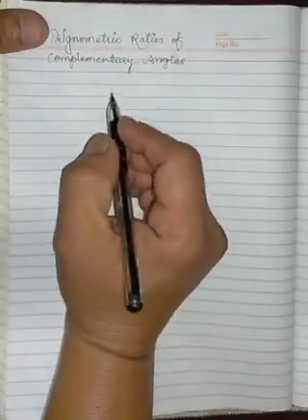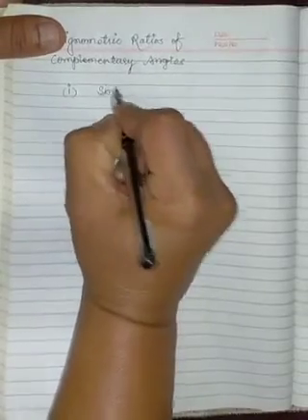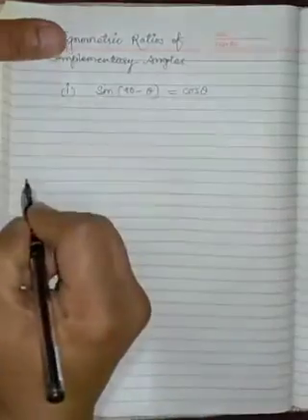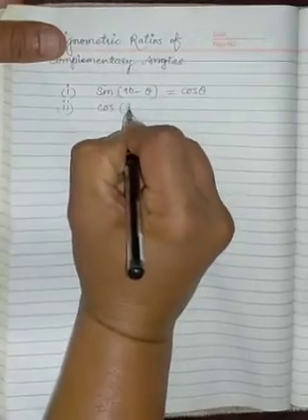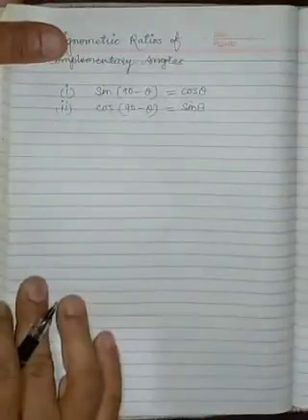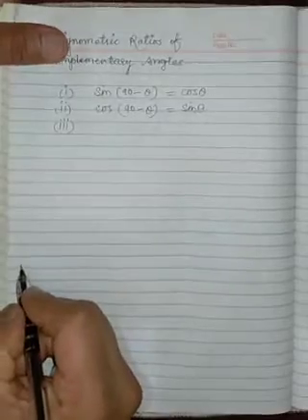In the previous video, I told you about the trigonometric ratios of complementary angles and its derivation. Let us see what are the other relations of complementary angles. The first one which we have seen is sine 90 minus theta is equal to cos theta. Second one was cos 90 minus theta is equal to sin theta. Apart from these two, the other relations are